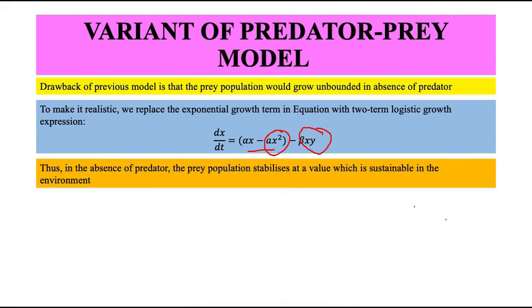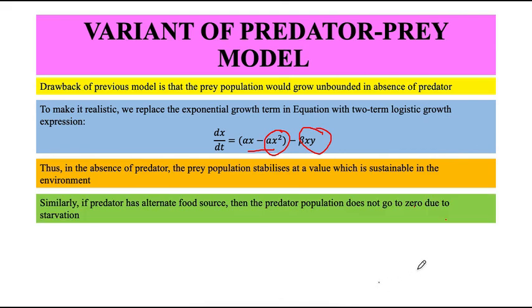Similarly, for the predator, we assumed earlier that it will of course die naturally, but also that if there are no small fish, they will just die because they have nothing to eat. This is also a very strong assumption. If I say that the predator has some other alternative source of food, then they will not go to 0 due to starvation. The mess is not the only source of food for hostel guys. They could go out and live much longer.